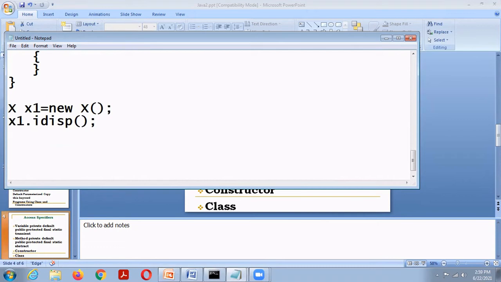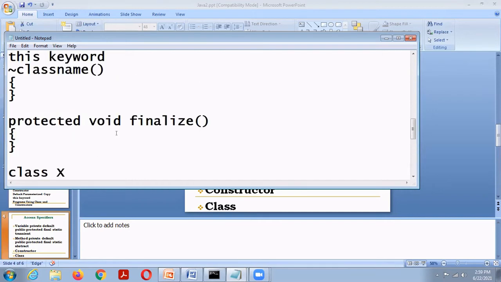With the class name, that is X dot S, class name dot method. Instance method: object name dot method name. Static method: class name dot method. That is the difference between the instance method and static method.